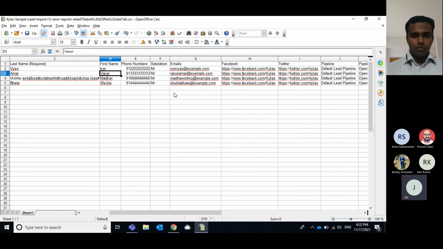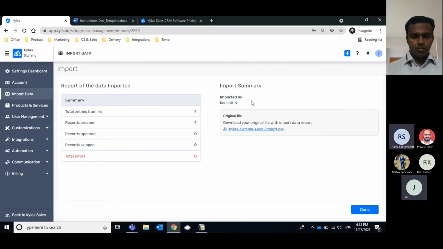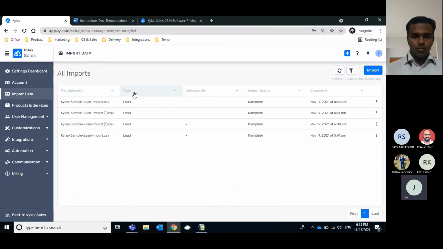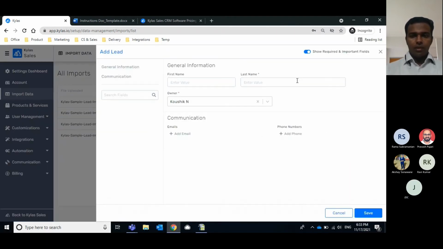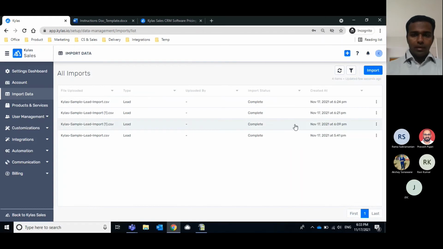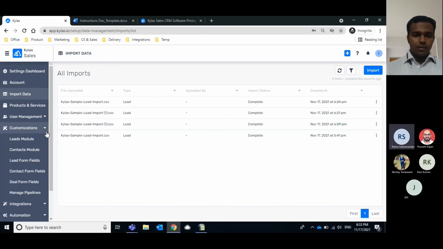Okay. So I think the best way is that we should change our fields to not important or not required initially, so that we could upload the data. By default in the system, only one field is marked as required. That is the last name. If you want any other fields to be marked as required, you can do that in the customization